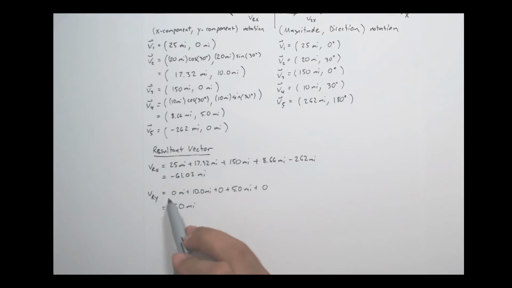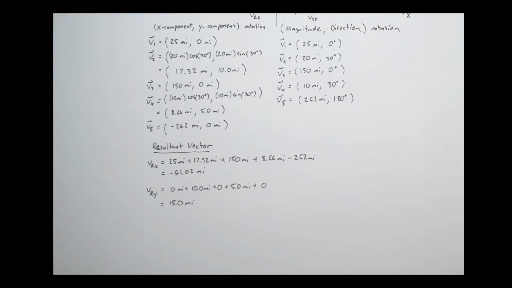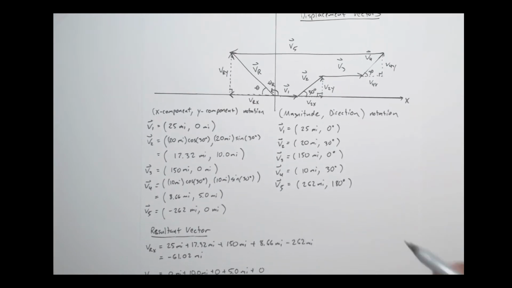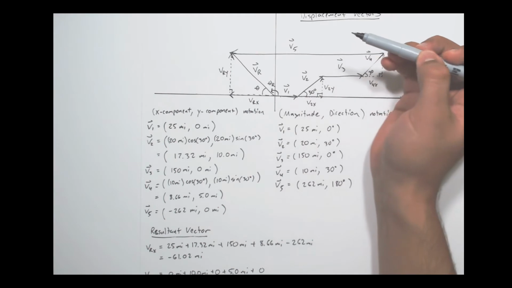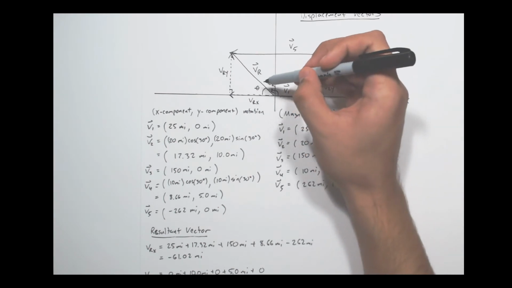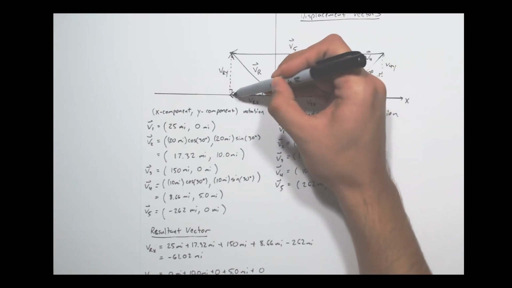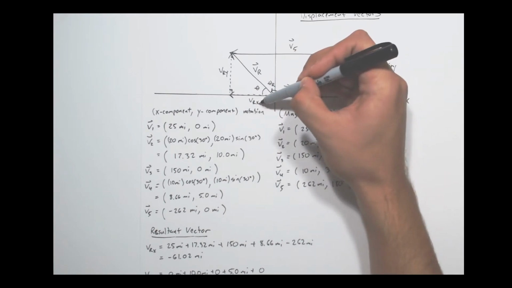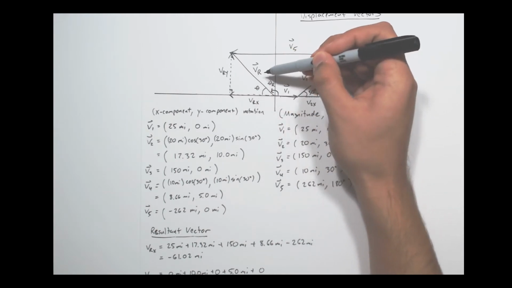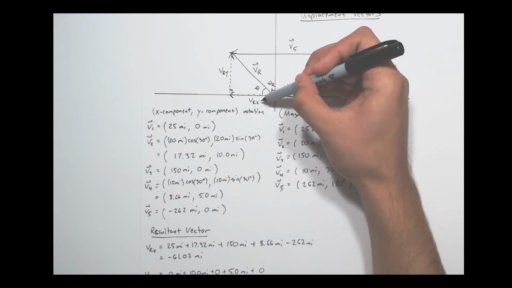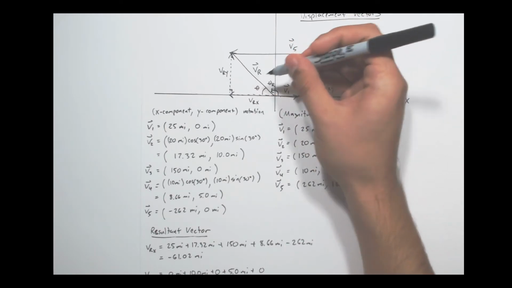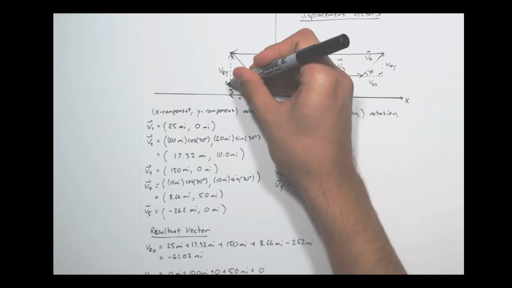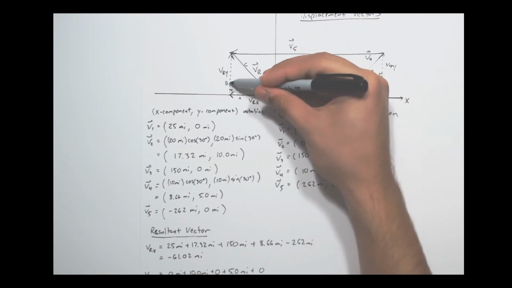Okay, so now that we have our VRX and our VRY, we need to find the total magnitude of VR, which is going to be, of course, this hypotenuse, and we can just invoke here Pythagoras' theorem. So anytime you have a right triangle, here's our little right angle, and you have two short sides and you have the hypotenuse, it turns out that the short side, let's say call this side A, this side B, and this side C, I can even put a little reminder there, that A squared plus B squared is equal to